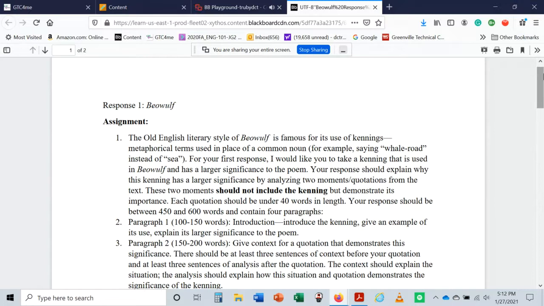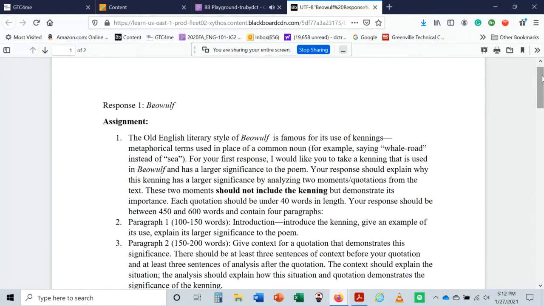is an image that has a significance to the story of the epic, either in terms of what happens, or in terms of some of its themes, like the themes of heroism, or of power, of courage, or destiny. If you think that by explaining this kenning and the image of this kenning, you can then explain something significant about the poem itself, about the epic itself, then that's an example you should use.